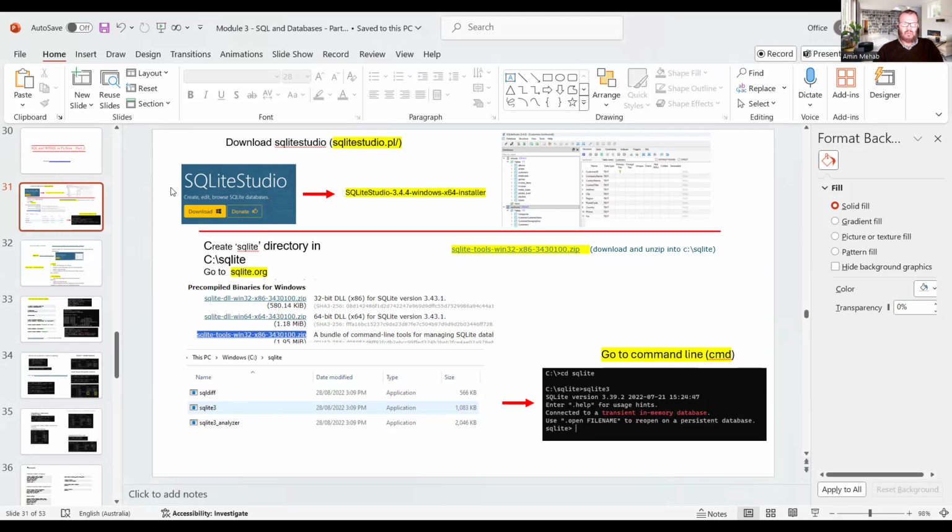First of all, the first one is SQLite Studio. You can install SQLite, and the second one, you can install SQLite from the command line. There are two ways, and both ways are okay. All right. The next one is